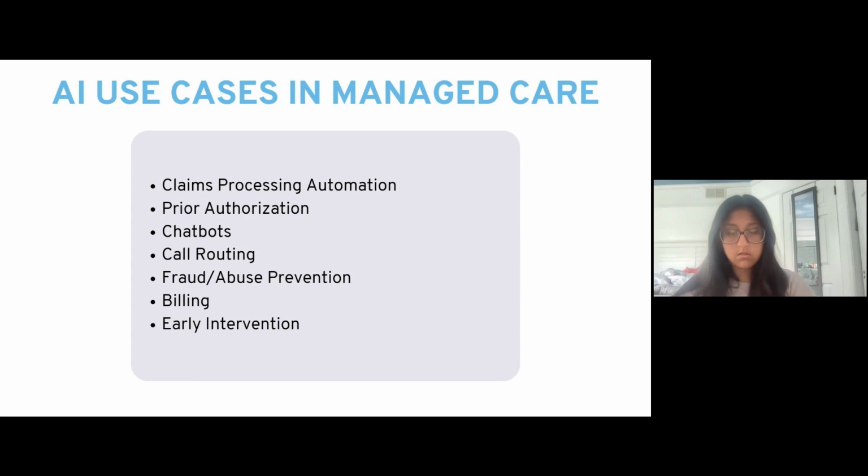But then there's also a big focus on early intervention, which means not just being reactive, but being proactive by identifying, based on the data, is there a chance that Mr. Manku may have a certain disease based on his existing health data, right? Is there a chance that XYZ person may have a probability of getting readmitted to the hospital within 10 days following a discharge, based on the data? A lot of the data-driven analytics is being powered by AI today. That's another classic use case of AI. So you can see a pattern here, right?